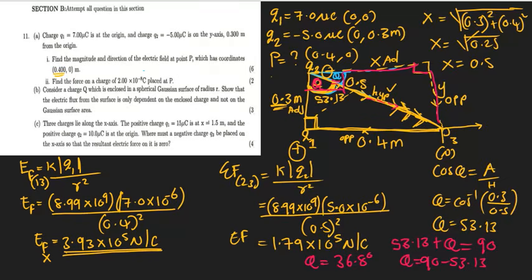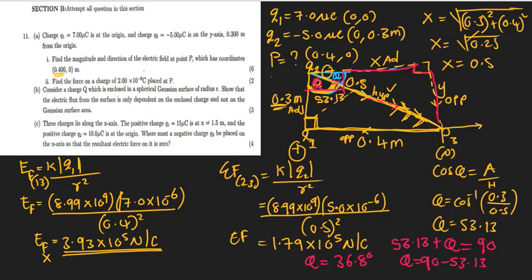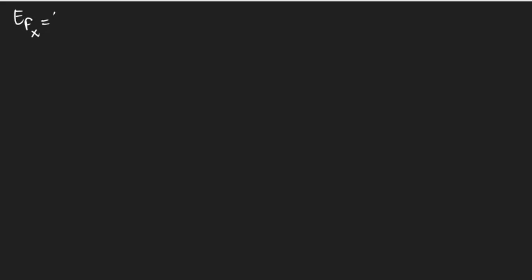Okay, so we had, let's say, the electric field in the x equal to 1.79 multiplied by 10 to the power 5 Newton per Coulomb. But now let's try to find it in the x, so it's going to be multiplied by cosine 36.86. Let's see if we're going to get something. So we have